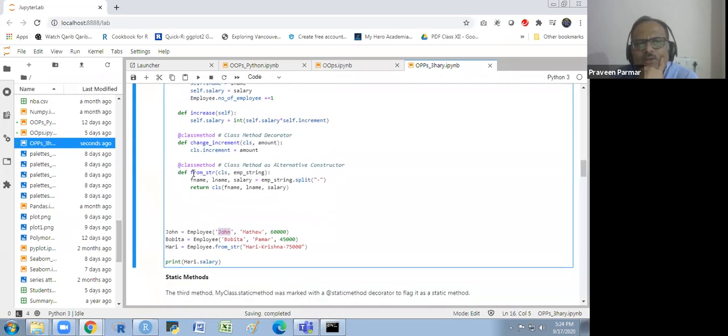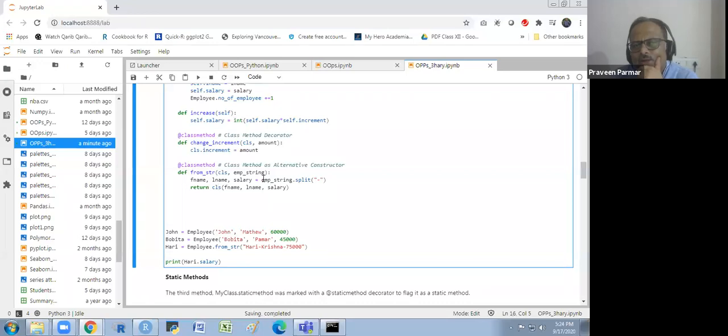So here also, I will write the class and the employee string. I am taking employee string as an attribute parameter, first name, last name, salary. It will convert this: employee string dot split from hyphen, whatever you are mentioning here, and return cls with first name, last name, and salary.